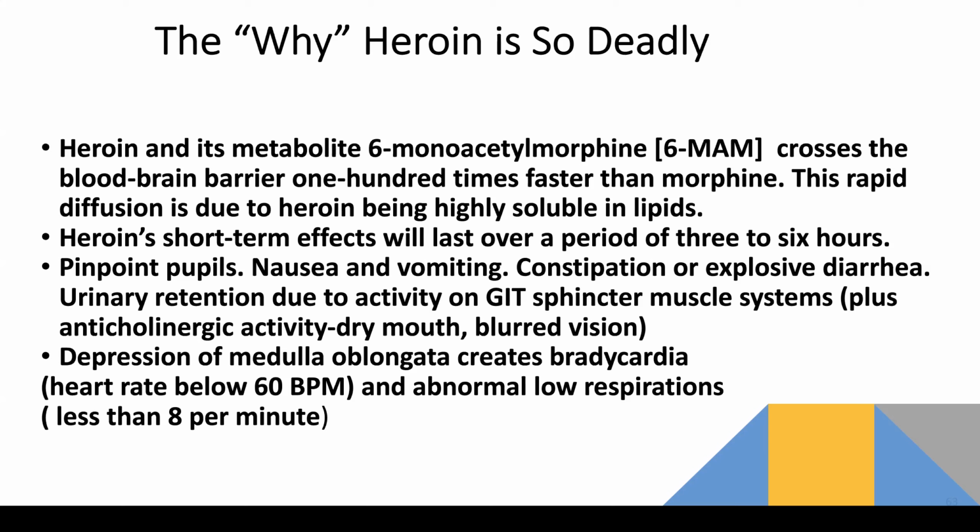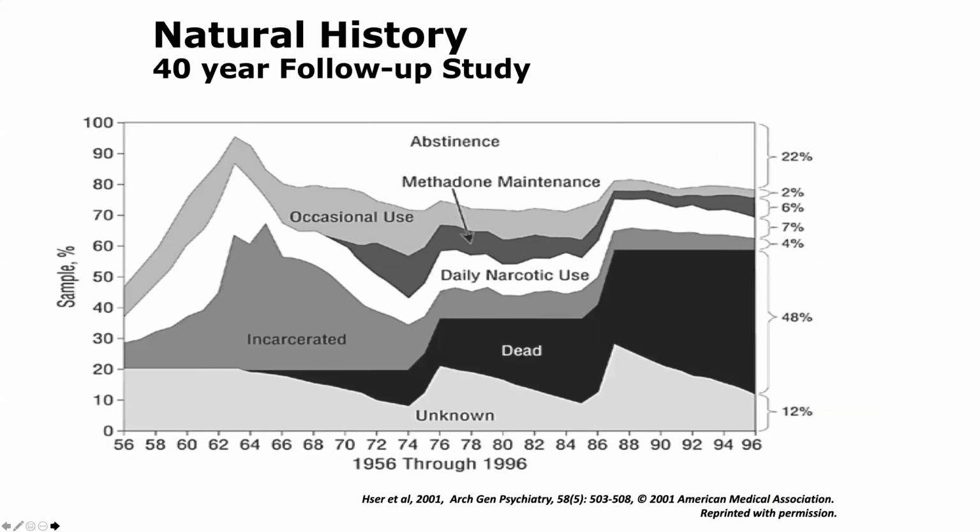And so what happens is that those individuals continue to increase the dose, and eventually will get a respiration rate of less than 3 or 4. Heart rate will continue to decrease. And what happens is simply the brainstem shuts down the breathing apparatus, and the heart can't get oxygen, and the person simply overdoses and dies.